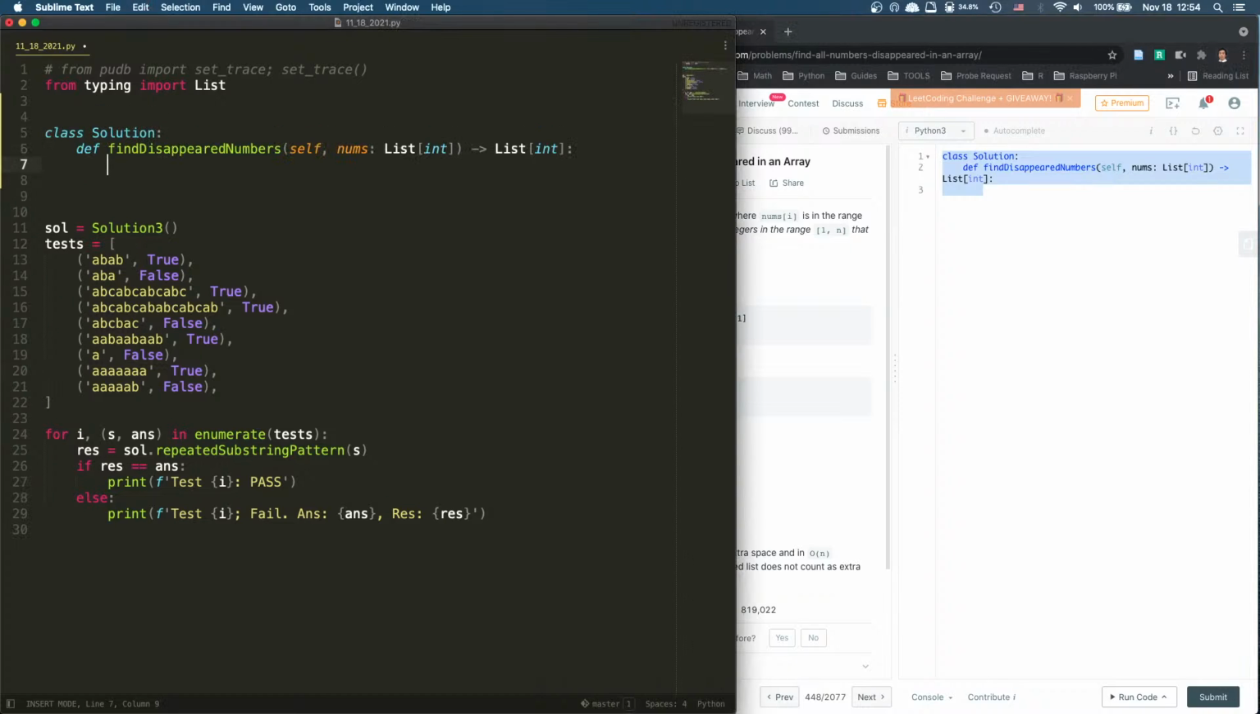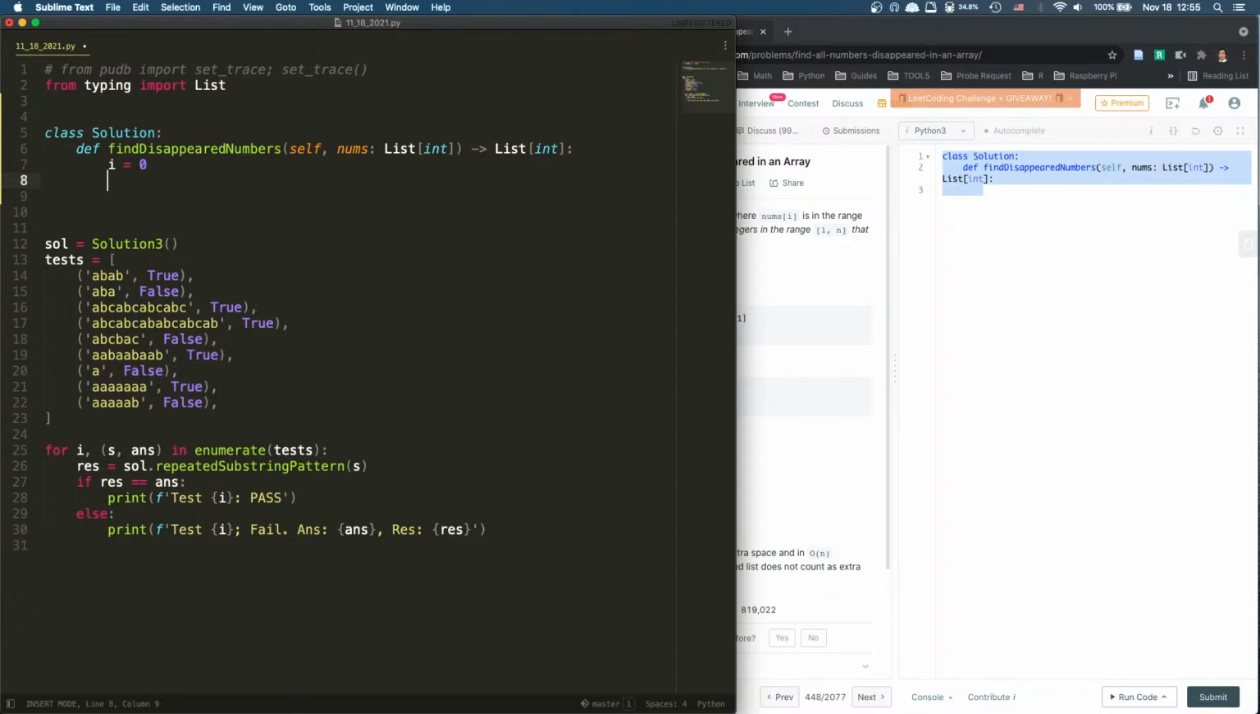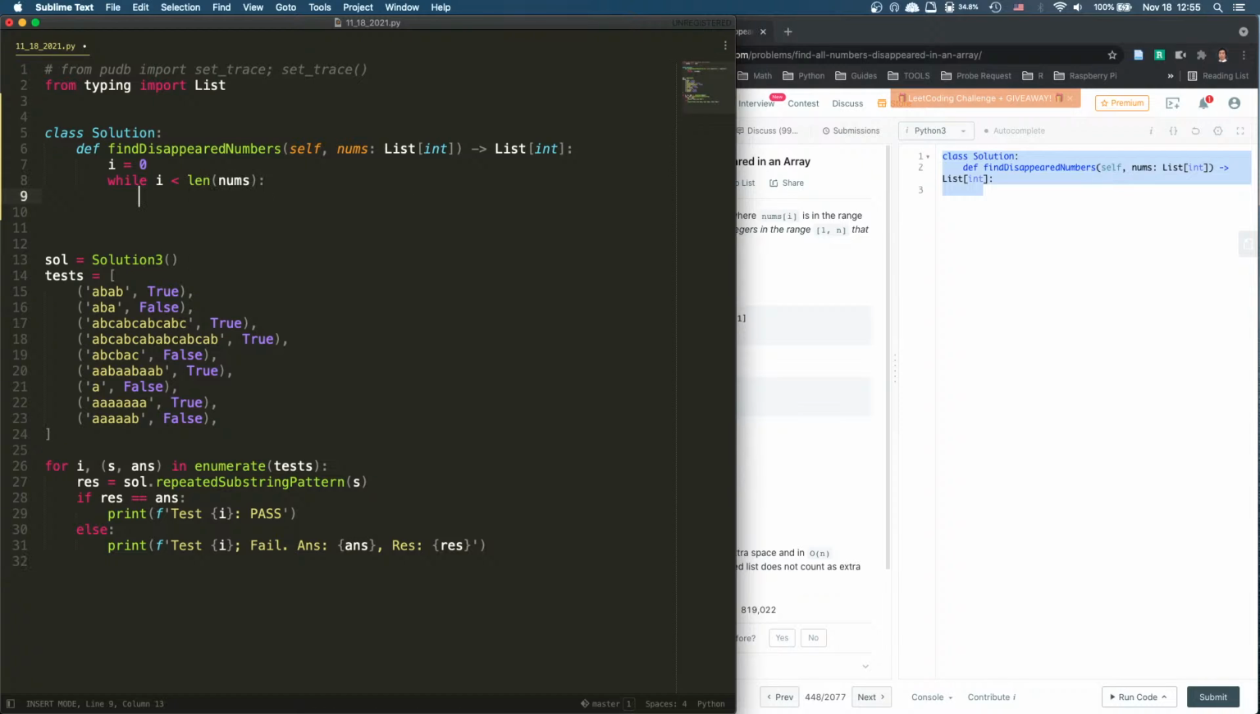So what we're going to do is i equals 0, and then while i is smaller than len nums, we're going to do another loop. I'm going to say while nums[i] is not equal to i plus 1,